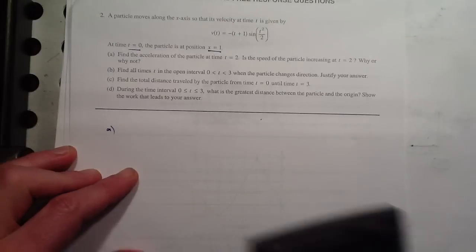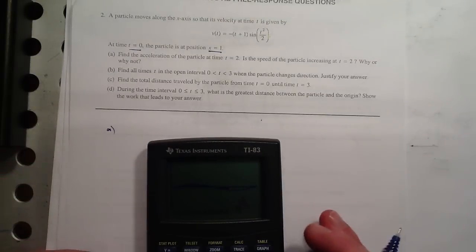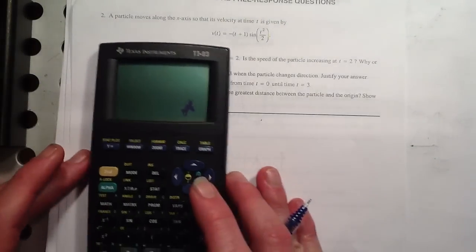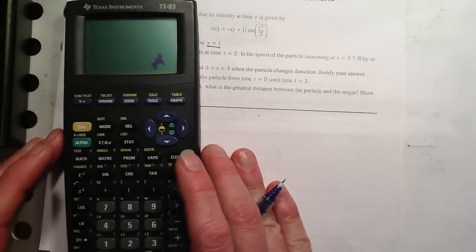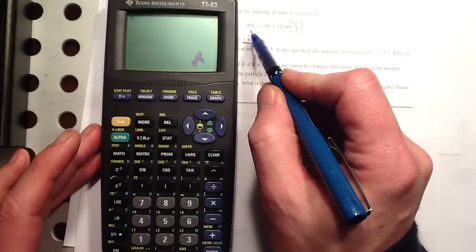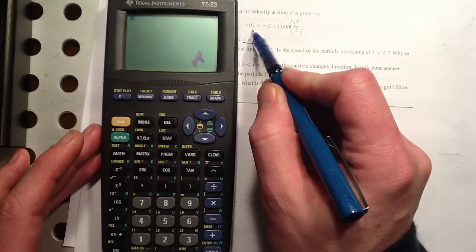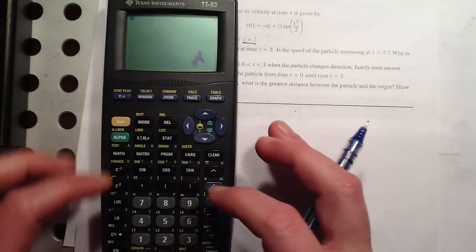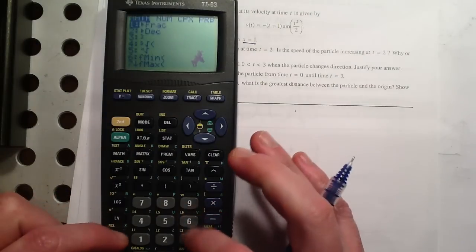Acceleration is the derivative of that, so listen, that looks kind of messy, so I'm not going to actually find that derivative since we're allowed to use our calculator. I'm going to use it. I want the acceleration, or in other words, the derivative of velocity at 2. So that's math 8,